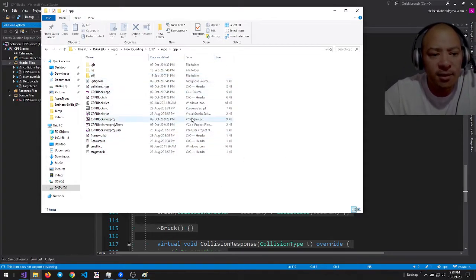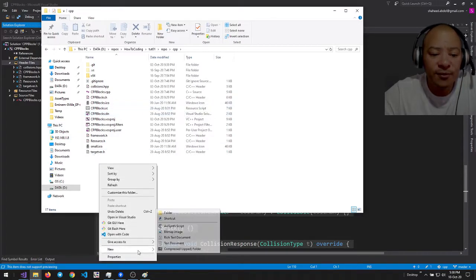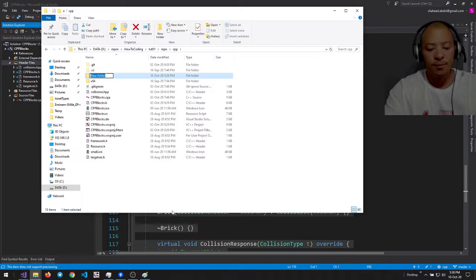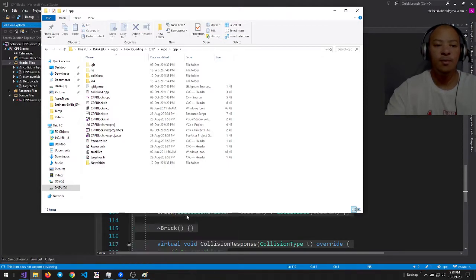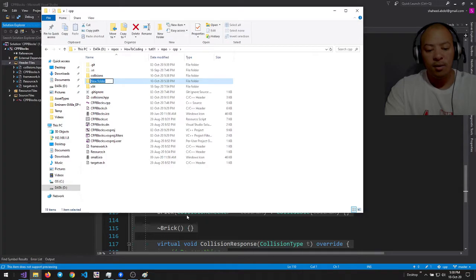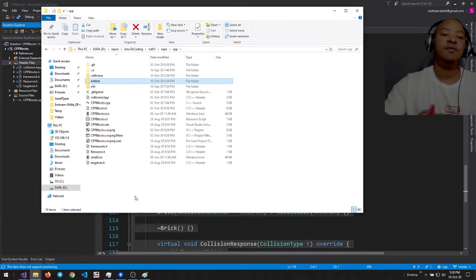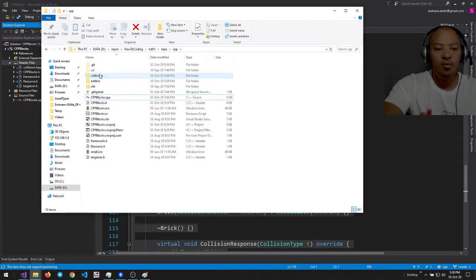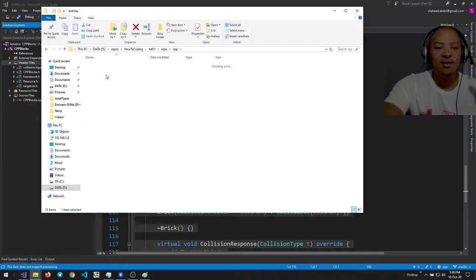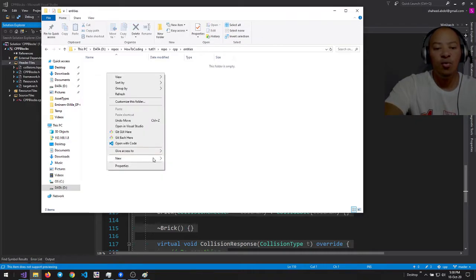Okay, and here is everything just thrown there. So I want a folder called collisions. I think that's how I spell it. I don't care if it's actually how I spell it. And then I want another folder called entities, since it's going to be game entities. So now anything in the collisions folder sits in the collisions namespace, right? So let's just put that there. Boom. Collision sits in the collisions namespace, and then entities will have a ball, a player, and